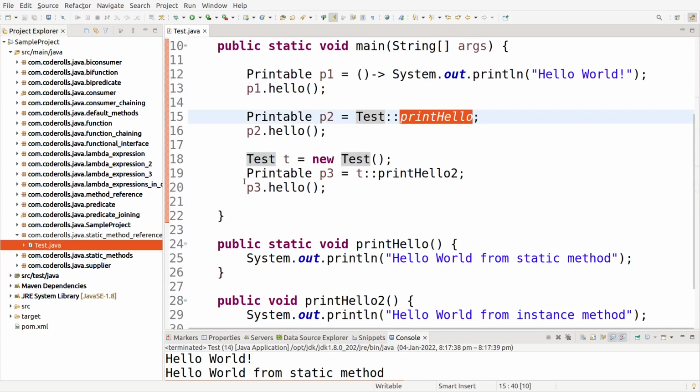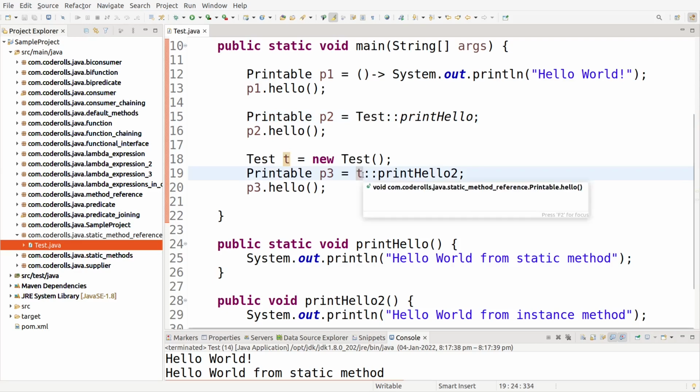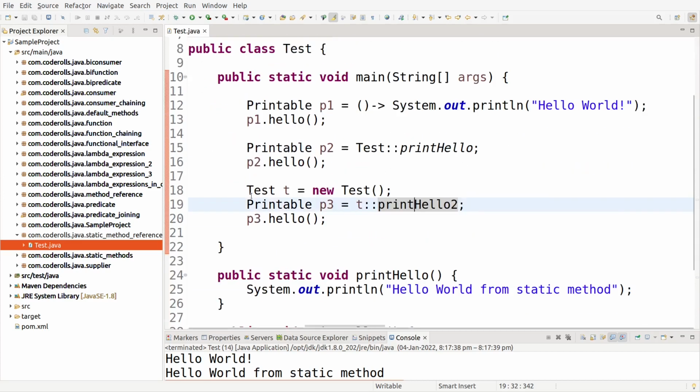Now at line numbers 19 and 20, we have used the object method reference concept. For that we should have an object of the class, and my instance method is printHello2. printHello2 is present in the Test class, I have created one Test object here, and now the Test object name goes here and the instance method name goes after the double colon operator.